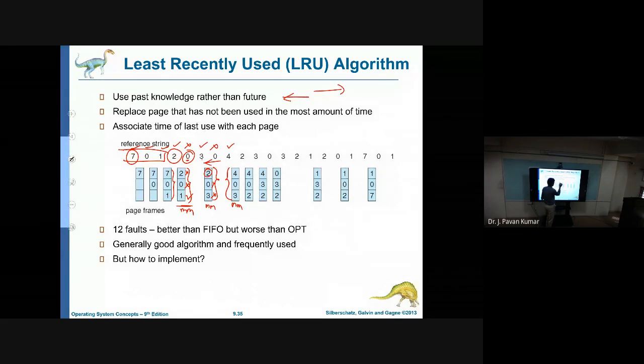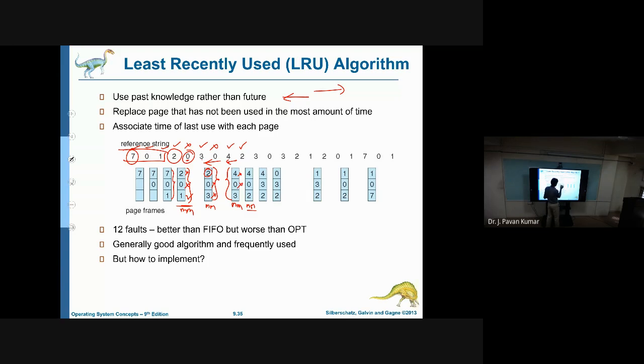Okay. Next 2, again page fault will occur. Which one we have to replace? Again we have to go in reverse direction. 4 we have used recently only, so 4 we will not select. 0 we have used prior to 4, so 0 also will not be selected, but 3 is the one which we have used least recently, so 3 we will be selecting to replace. So now the contents of the main memory will be 4, 0, 2.